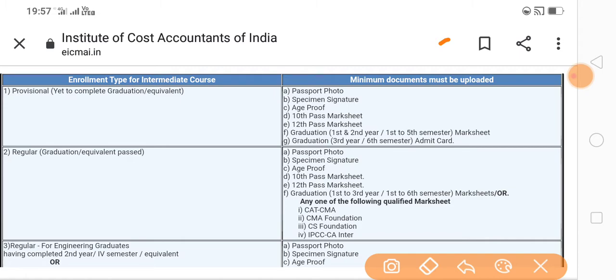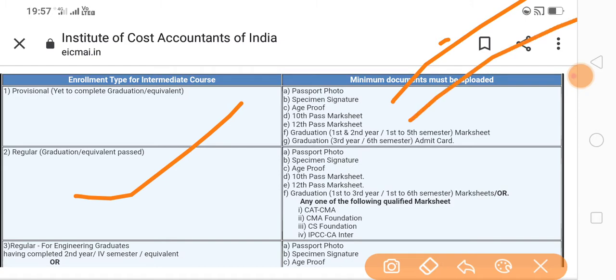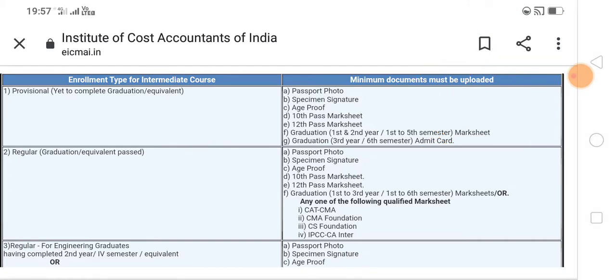If you have completed graduation regularly, it is mentioned here: passport photo, signature, a copy of the graduation certificate, and for engineering or other graduations, age proof and the class mark lists. Everything needs scanned copies.